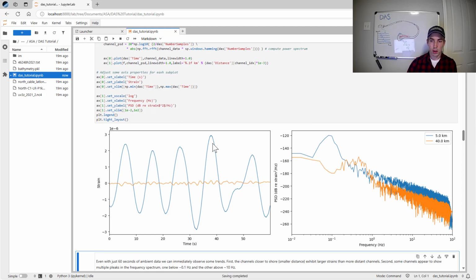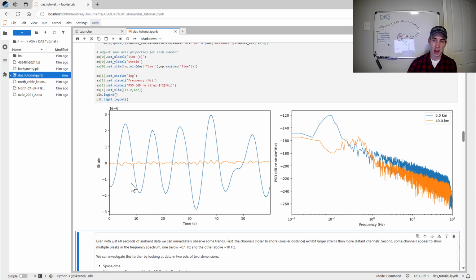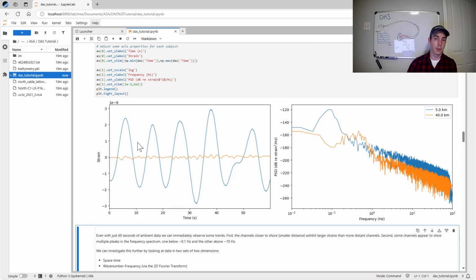So we have two plots here. We have, again, time and frequency on the left and right plots respectively. And in blue, we have our 5 kilometer, and in orange, we have our 40 kilometer channels. So one thing you can see right off the bat is that even with just 60 seconds of data, we can tell that there's some interesting stuff going on. The distance along the cable generally affects what you see. So we have larger intensities at the close near shore channels